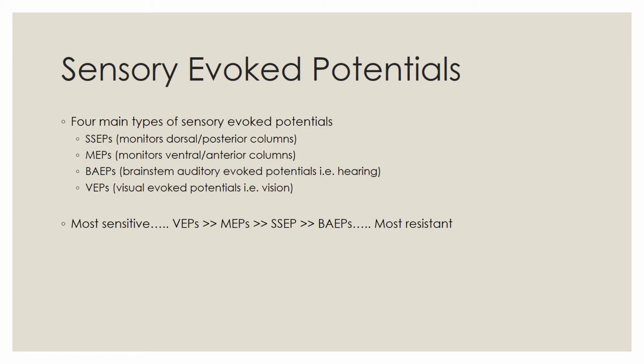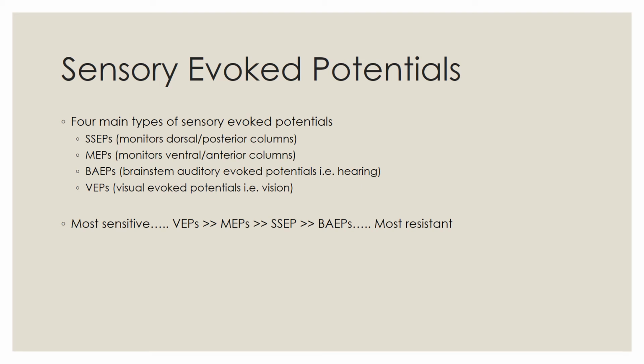All right, our next topic is sensory evoked potentials. So this is a very popular question topic on exams. There are 4 main types of sensory evoked potentials to know about. Somatosensory evoked potentials, which monitors the dorsal or posterior columns of the spinal cord. Motor evoked potentials, which monitors the ventral or anterior column of the spinal cord. Brainstem auditory evoked potentials, which monitors the hearing pathways. And visual evoked potentials, which monitors the visual pathways. Now, each of these are